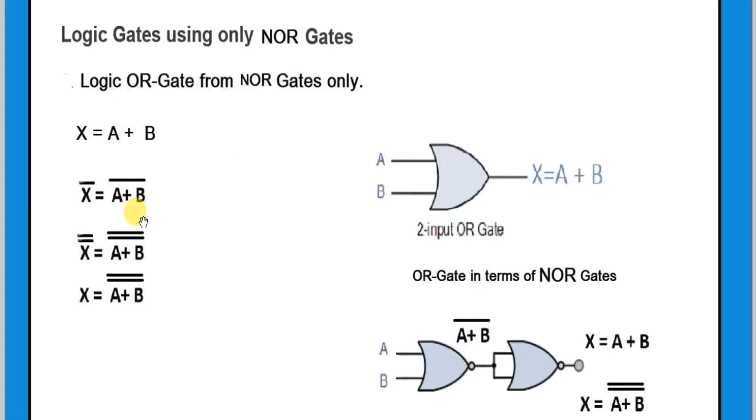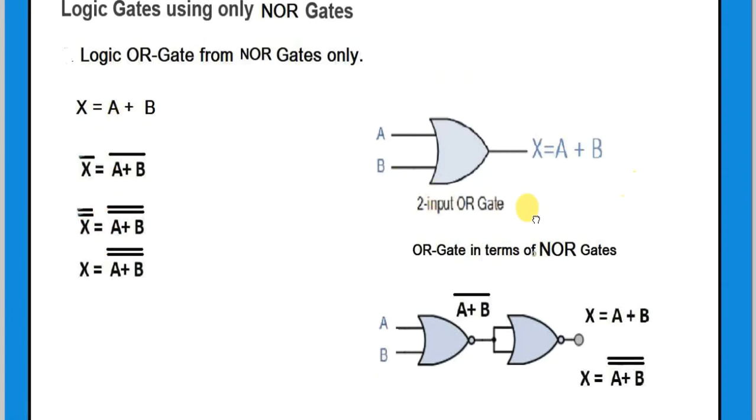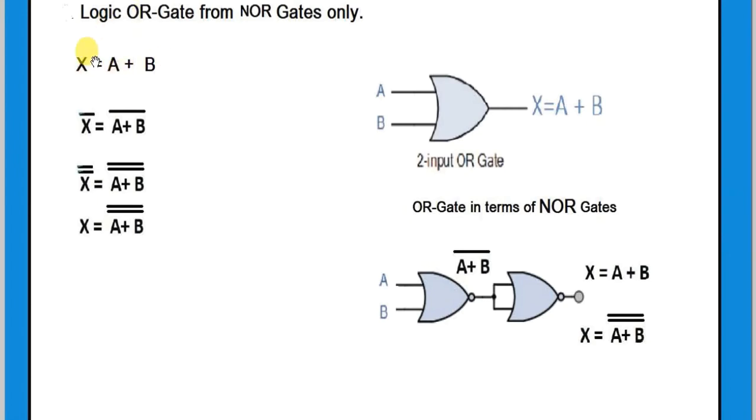So we take the double complements. This is the typical OR gate equation, and taking the double complement using De Morgan's theorems, we can get the double complement of the OR gate. With simple 2 complements, the first NOR gate we put gives A or B complement. Then we put another, just like a NOT gate, we short circuit the two inputs, and we get the double complement, which is equal to X is equal to A or B, which is the OR gate. We express the OR gate in terms of the NOR gate.